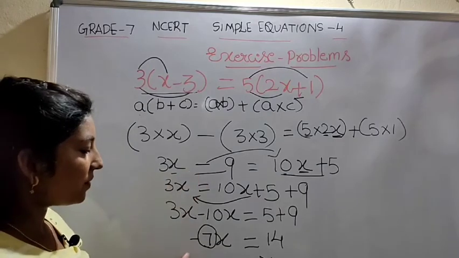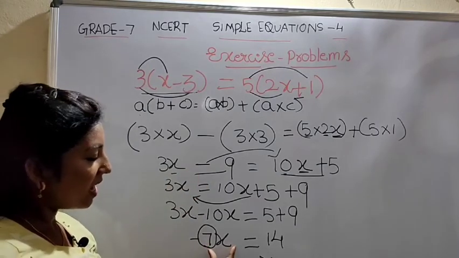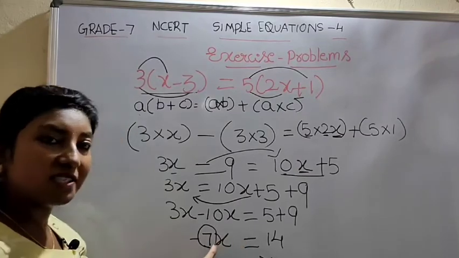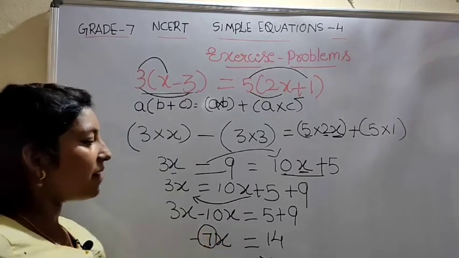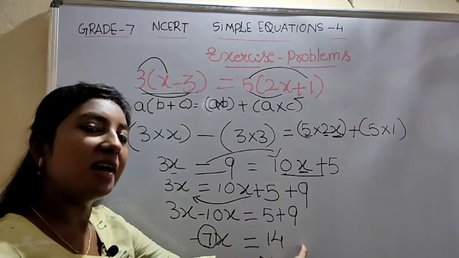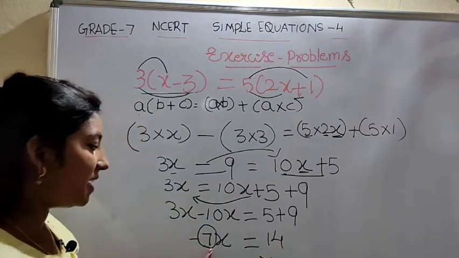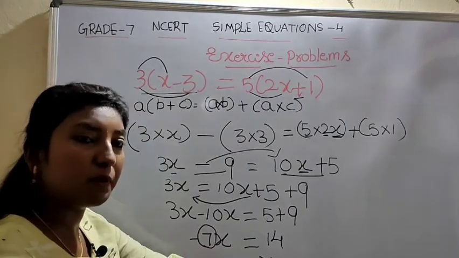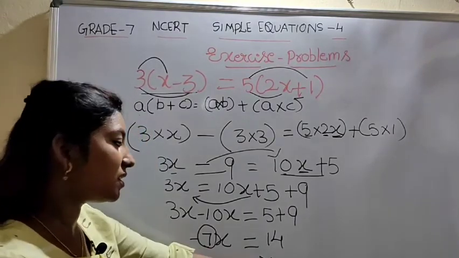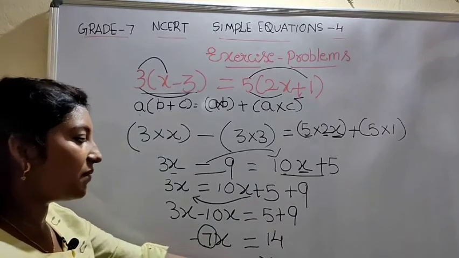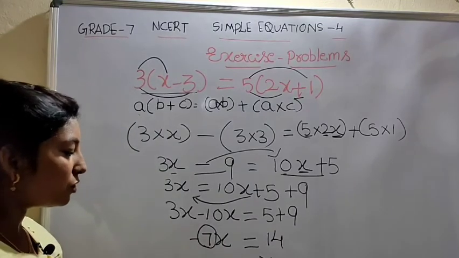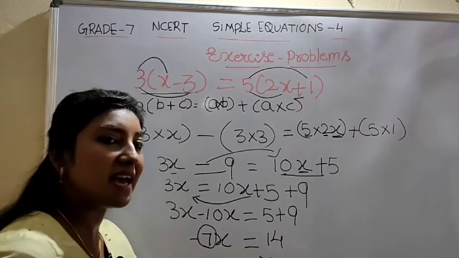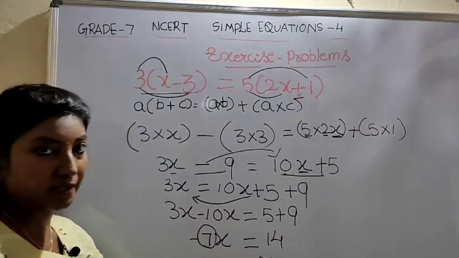So now here we have minus 7x. As I don't want any constant before the variable, I have changed it to the right hand side, while here it is performing multiplication, and when it goes to this side, it will perform division. So after cancelling 14 and 7, we get 2. So I don't want any negative sign before the variable. So I passed it to the right hand side, which is x equals to minus 2.